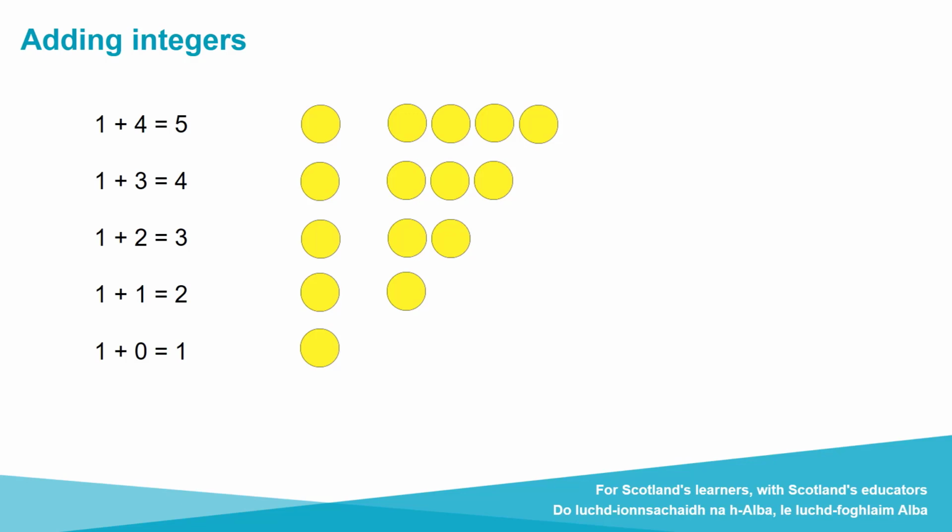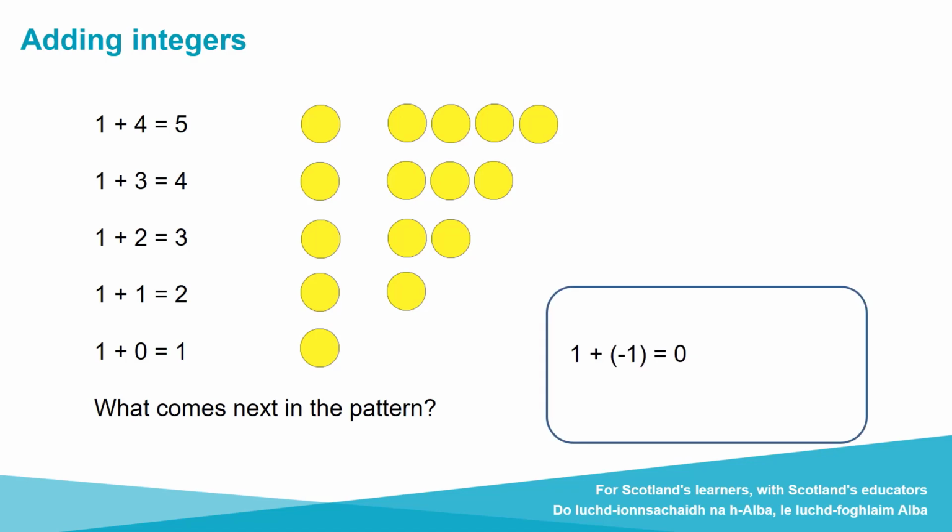So we need to think then what comes next in the sequence of calculations, and we're adding on to 1, and the numbers we've been adding on to 1 are 4, 3, 2, 1 and 0. So next in the pattern is 1 add -1. And if we look at the sequence of the answers there, we've got 5, 4, 3, 2, 1. The only logical conclusion is that the next answer must be 0. So 1 add -1 must be 0 in order to continue this arithmetic pattern that would be very familiar to